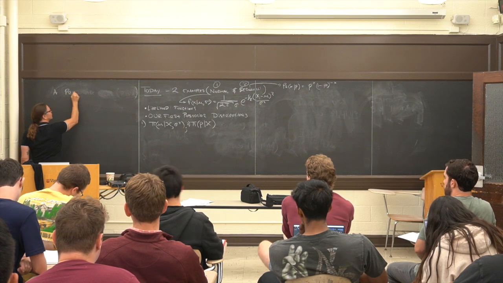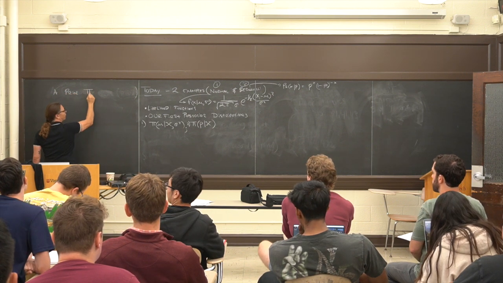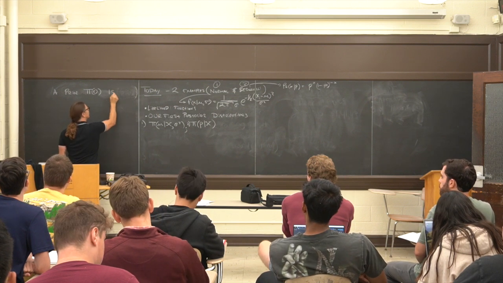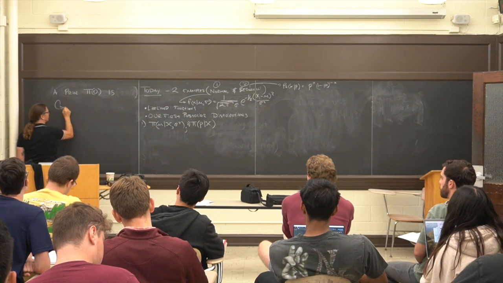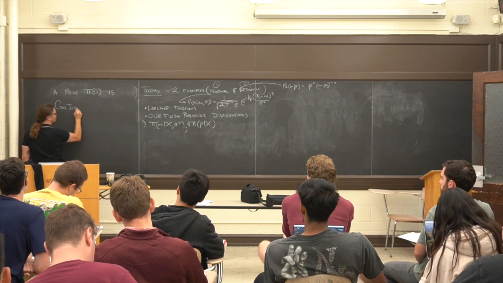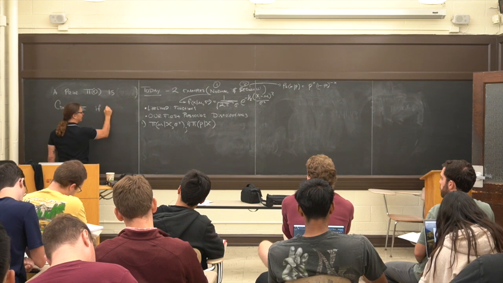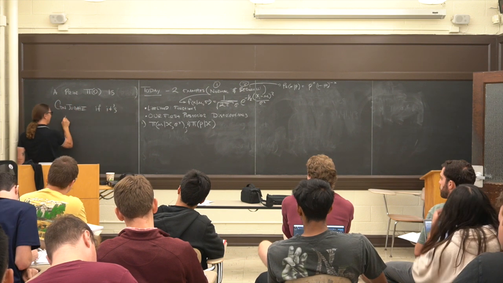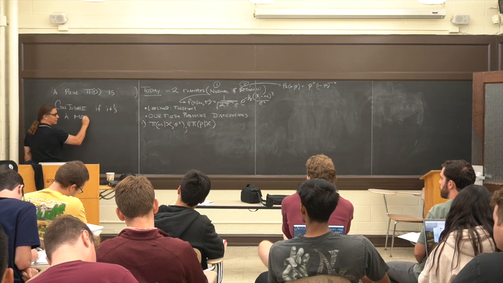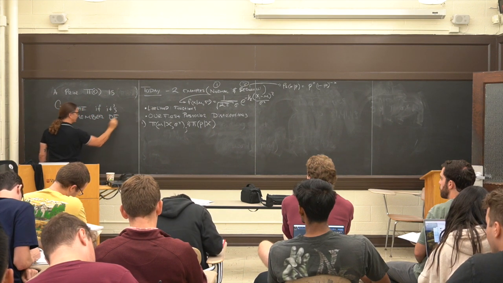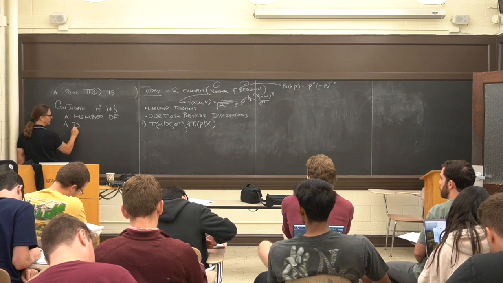A prior, pi theta, is conjugate if it's a member of a distributional family